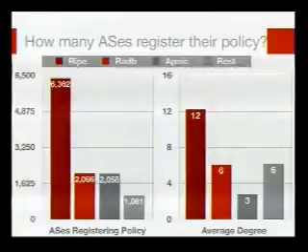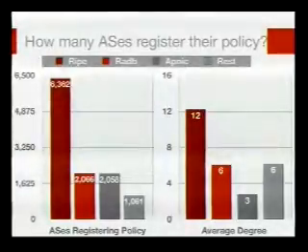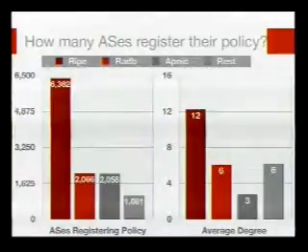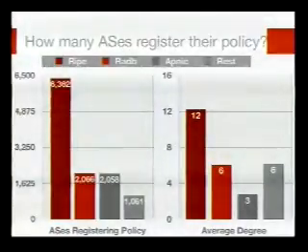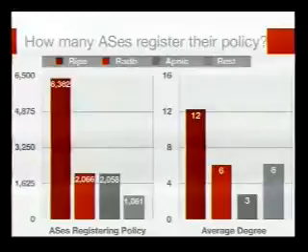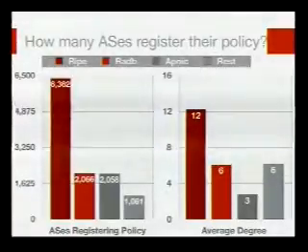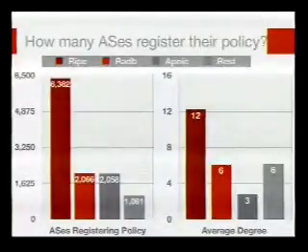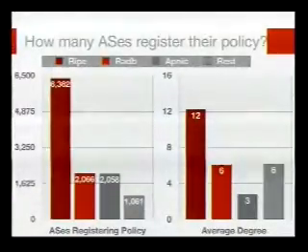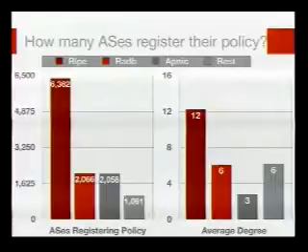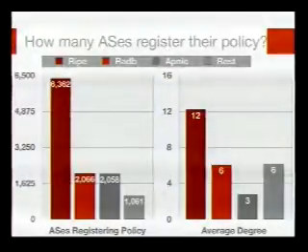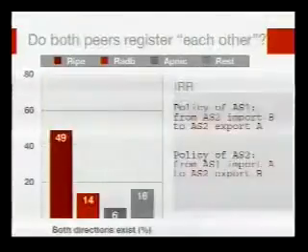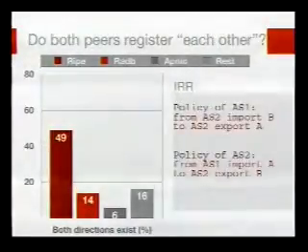It's worth noting here that, on average, an AS in RIPE registers 12 neighbors, that is, has links with 12 neighbors, while in RADB they only register 6. In APNIC, they just register 3, and for the rest of the registries, the average is 6. Of course, the important thing is not how many ASs registered their policy at some point in the past, but how many maintain their policy correct and up to date.